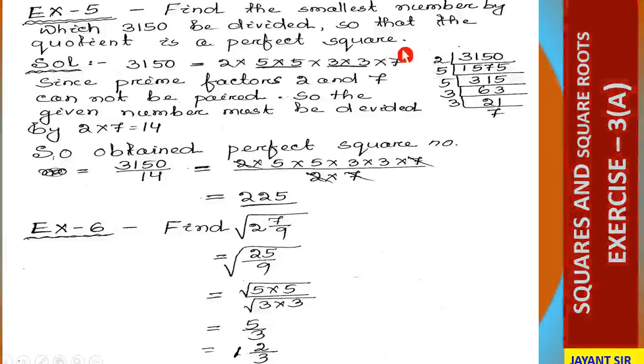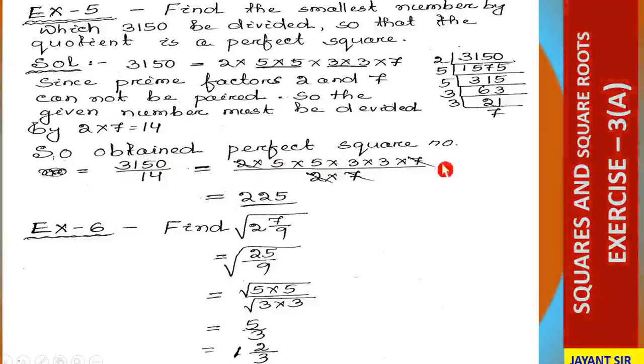do not exist in pairs. So these two we have to remove from here. These two means we have to divide by 2 and 7. That means the given number must be divided by 2 into 7 equal to 14. So to obtain a perfect square number, the given number 3150 is divided by 14, equal to